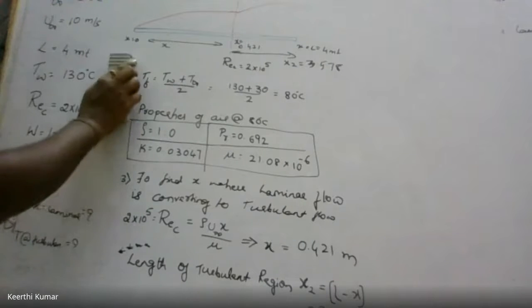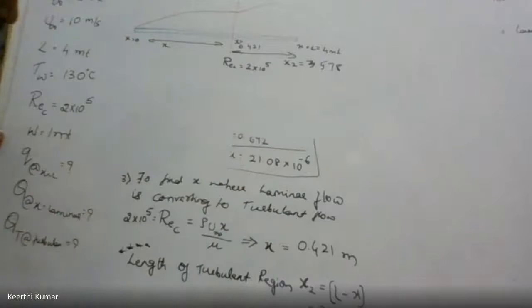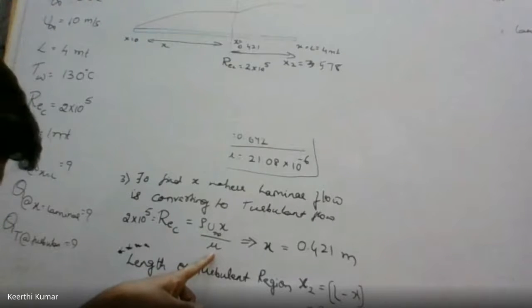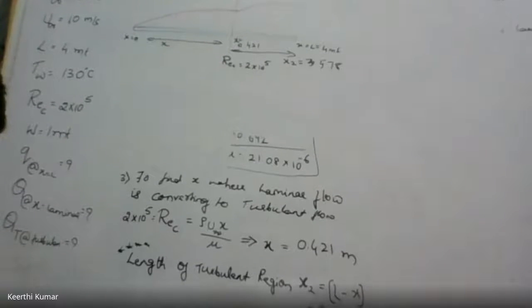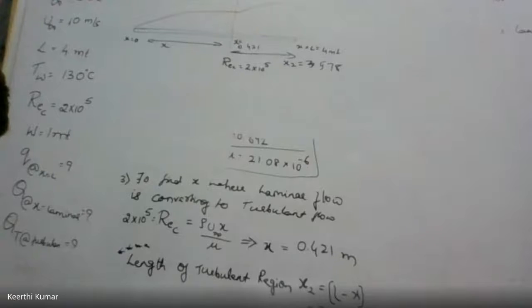I'll rub this. So mu value is 2.19, sir. Huh? Mu value is 2.19, not that, that is the nu value. So kinematic viscosity is 21.08. Yeah, we are supposed to substitute? No, kinematic, you should substitute mu. Mu is equal to 21.08. Check the data handbook. Check in the data handbook for air. Dynamic viscosity, mu. I'll also check once again.